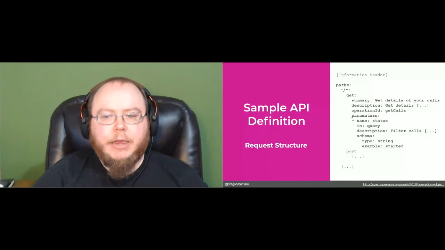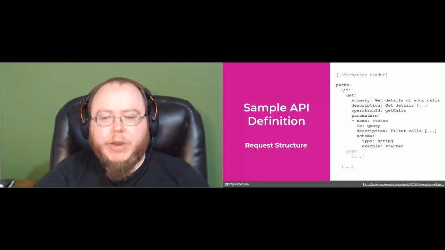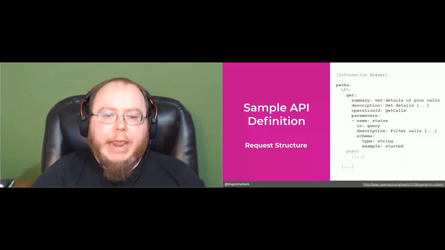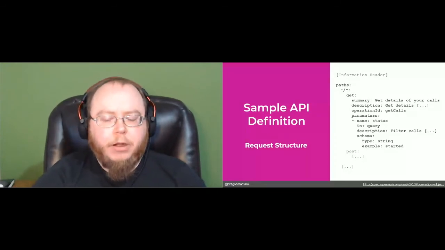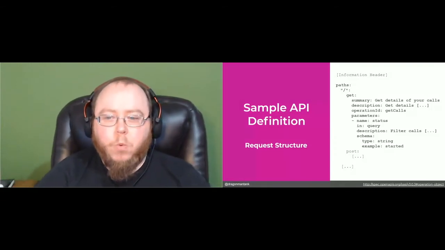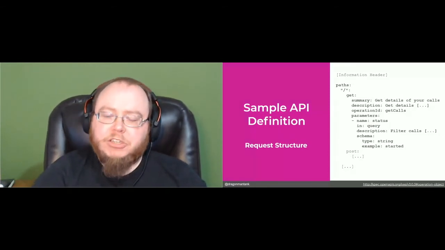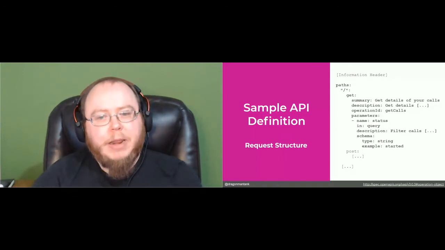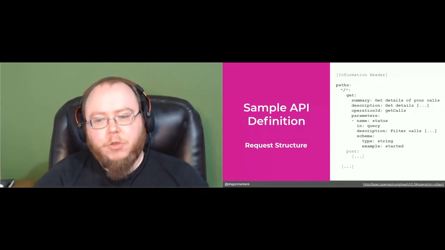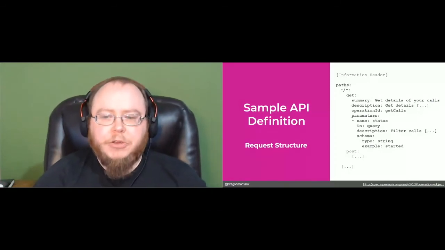Get is pretty easy. Most GET requests have some sort of query parameters, so we can define those in here. So we know that we're going to have at least one called status, and it's going to go in the query. And you may ask, well, why do I have to specify if it's in the query? There are plenty, not saying our APIs do this, but there are plenty of APIs that will actually allow you to send a request body in a GET request, which isn't really standard, but OpenAPI will let you document it because sometimes people will do that. So you can define whether it needs to be in the request body or in the query, give it a description. And then one of the most important tools I think you get out of this is,